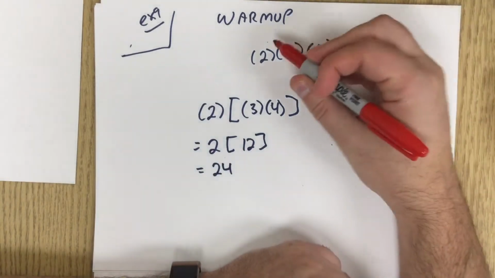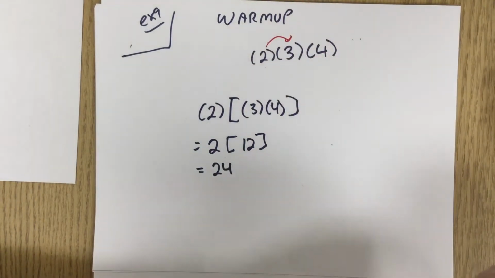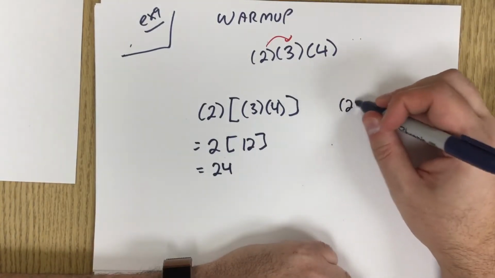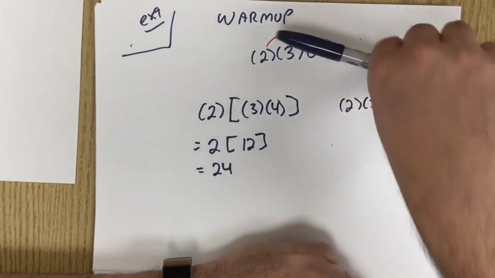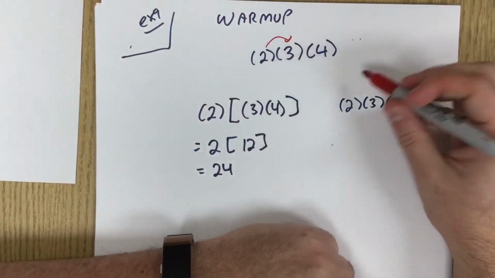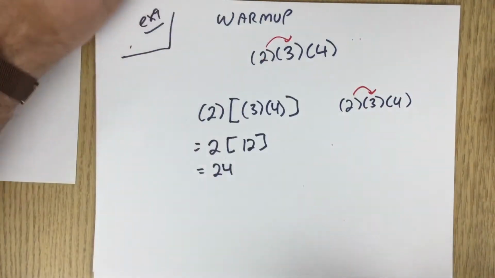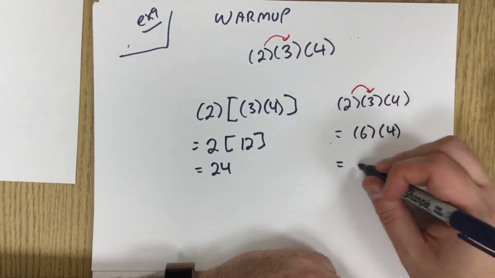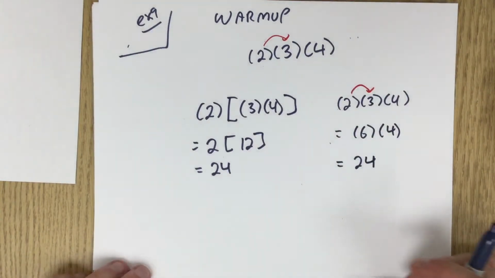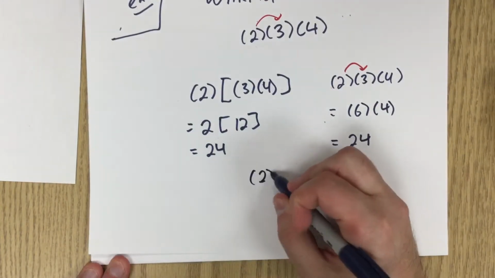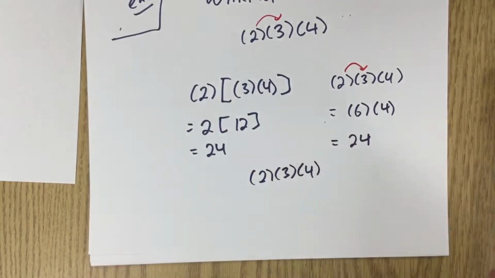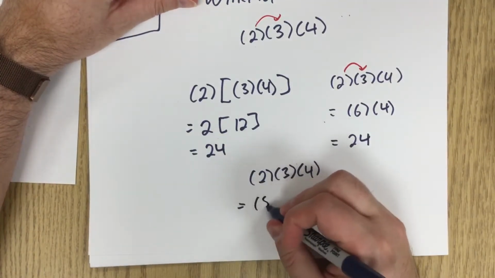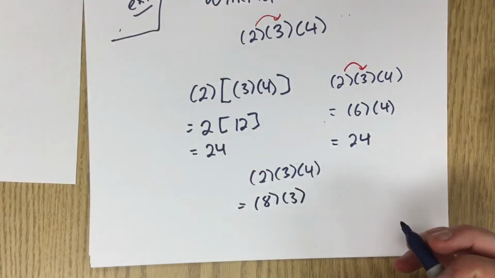Or maybe we multiply the first number into the second number. So we multiply the first 2 numbers. So if we had 2 times 3 times 4, I put the arrow in the wrong spot, that goes into there. And we get 6 and still in brackets times 4, and 6 times 4 is 24. Or, technically, if we really felt like it, we could multiply those 2 numbers first. 2 times 4 is 8 times 3, which again is